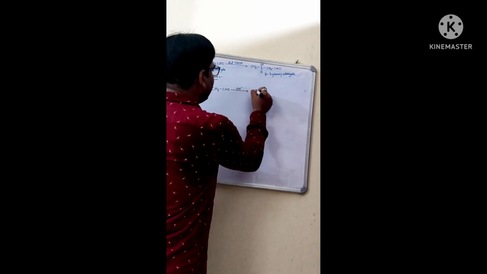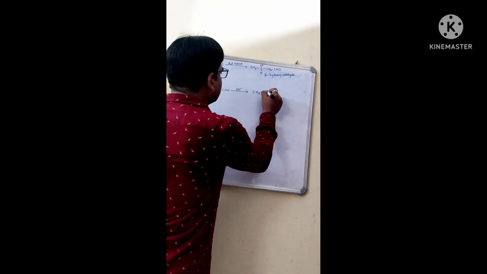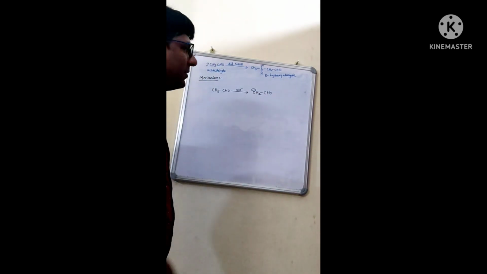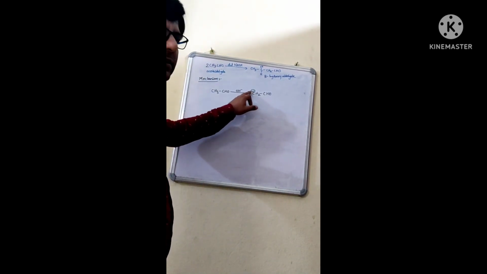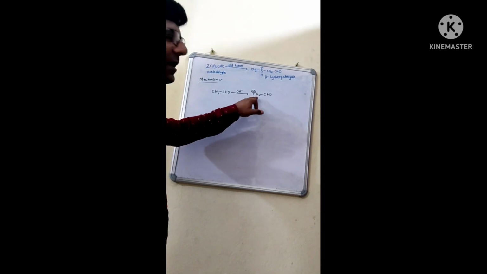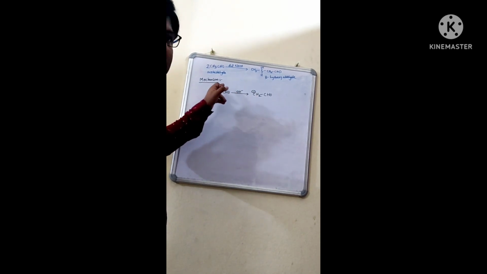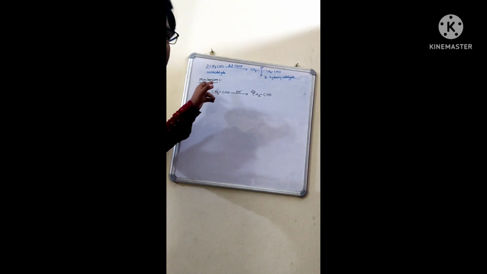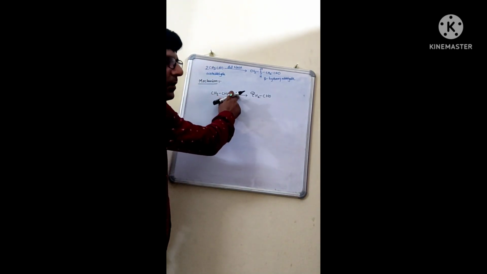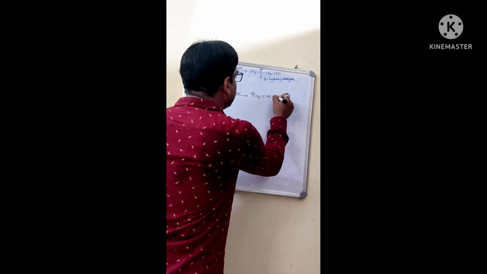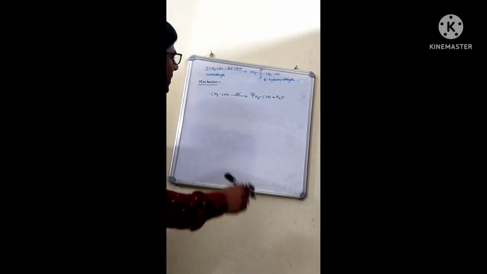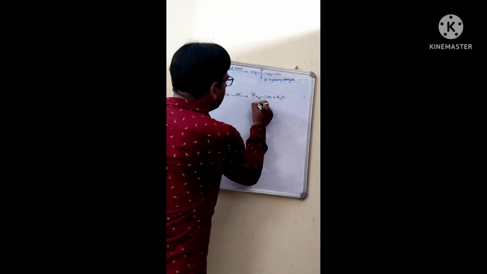So what will we be left with? We will be left with CH2CHO, and here we will have the negative charge. One hydrogen is less. Why? Because one hydrogen has moved out in the form of a proton, H plus. And that H plus will be taken by this OH minus to form the water molecule. Now, this ion, what is this known as?